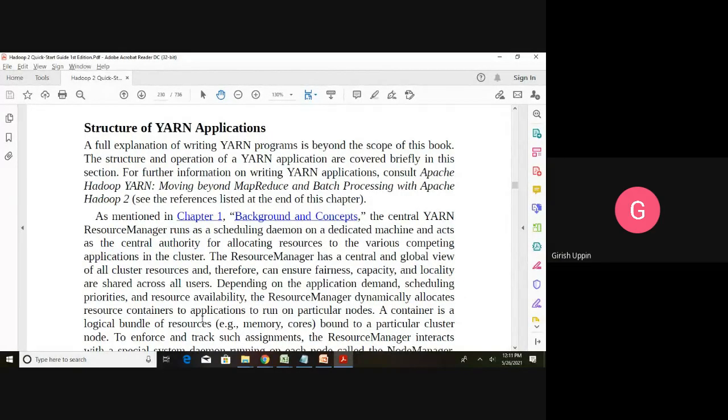What is the application manager, where does it reside, how will it start each of the application masters, and how will the containers be allocated? That complete structure we are going to look at in this particular section. The structure of YARN we will look into in the next class.